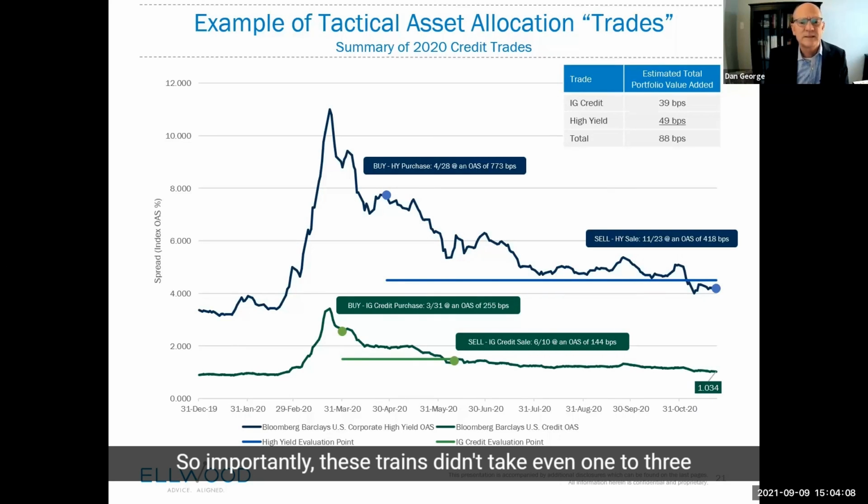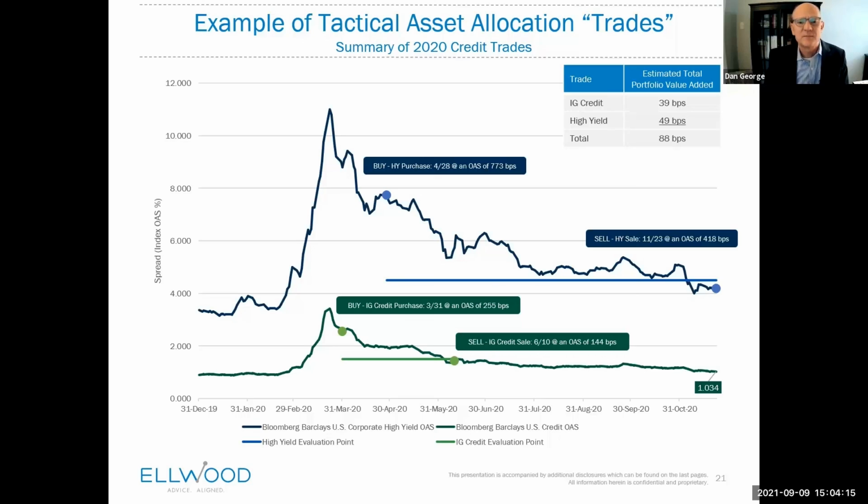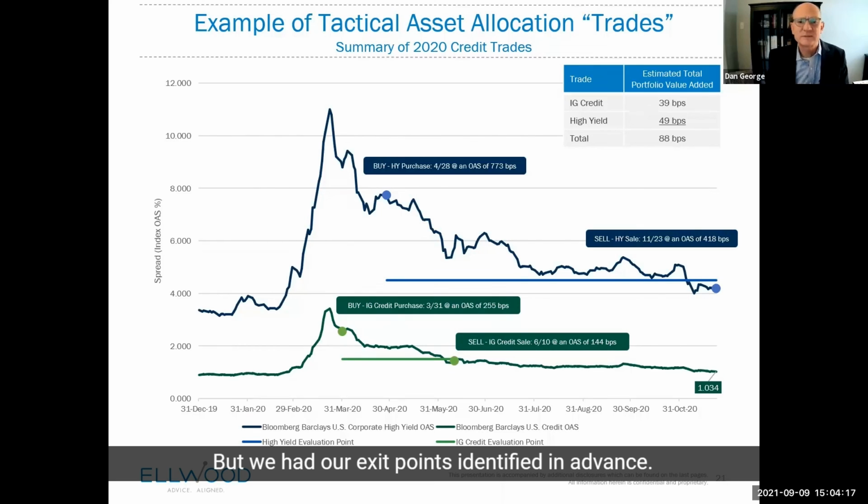So importantly, these trades didn't take even 1 to 3 years. The market rebounded much more quickly, but we had our exit points identified in advance. And when we looked at the amount of capital that we moved, it was just a few percentage points, 4 to 5 percentage points on each trade. It was meaningful, but not excessive when you look at the